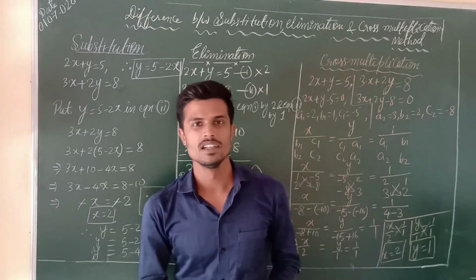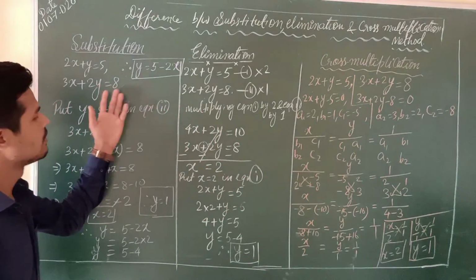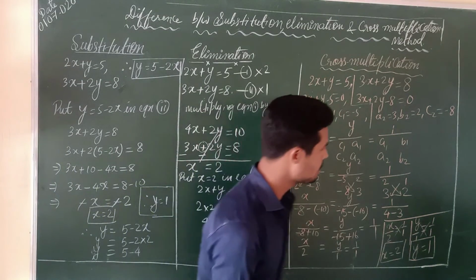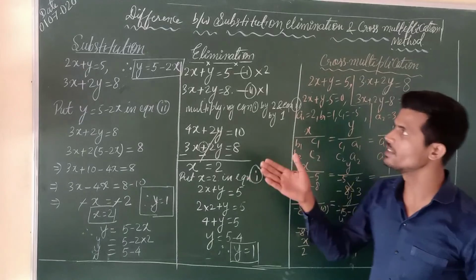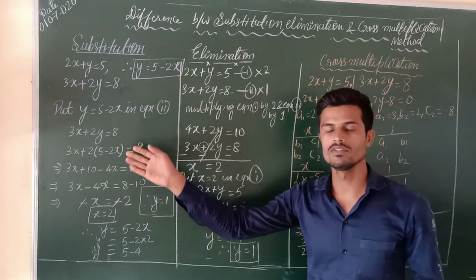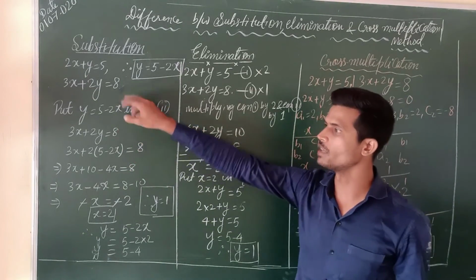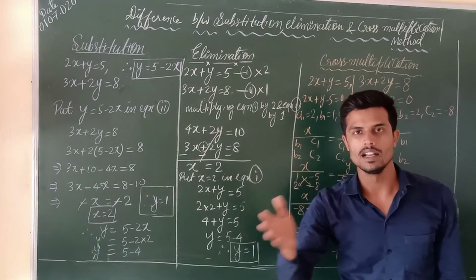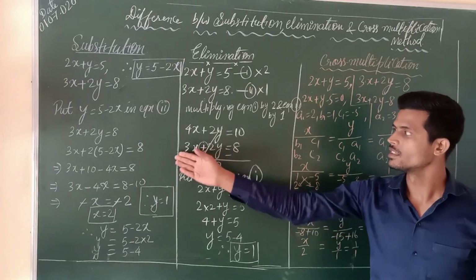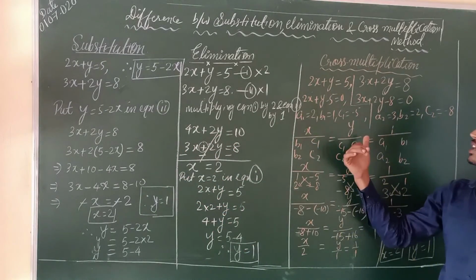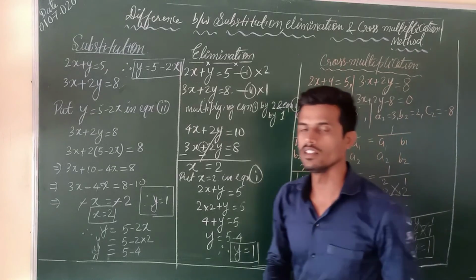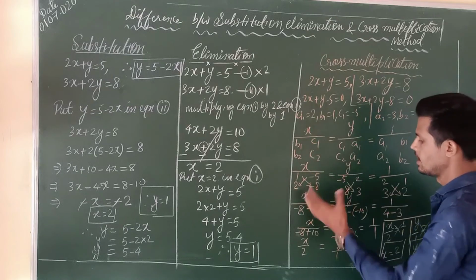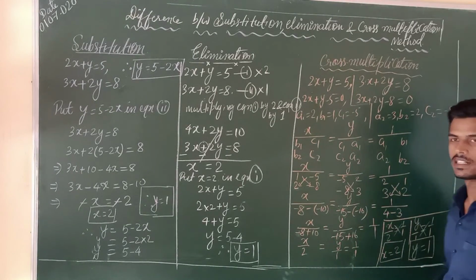So we have found this solution by three methods: the substitution method, the elimination method, and the last one, the cross multiplication method. I hope everyone got the difference between these. Substitution: find the value of any variable and put it in the other equation. Elimination: equalize the coefficient of x or y and then solve by just changing the sign. And cross multiplication: first of all, you have to find a1, a2, b1, b2, c1, c2. Then we put them in the formulas and solve, and finally equalize, then we get the values of x and y.